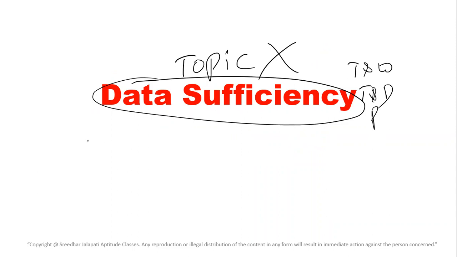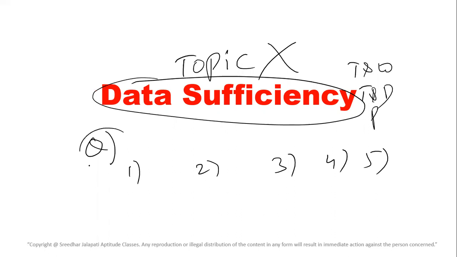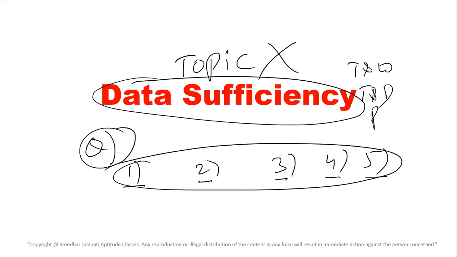For example, normally in aptitude, what is the way of asking the questions? A question followed by options, maybe 1, 2, 3, 4, 5 or A, B, C, D, 4 to 5 options will be given. We solve the question first. After getting the answer, we pick up the correct option. So with a question followed by options, we normally pick up the correct option for the answer. That is the general way of asking aptitude questions.